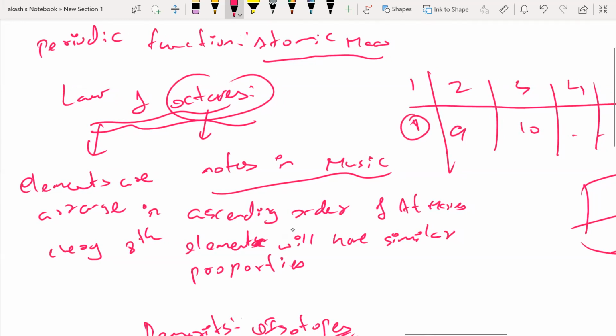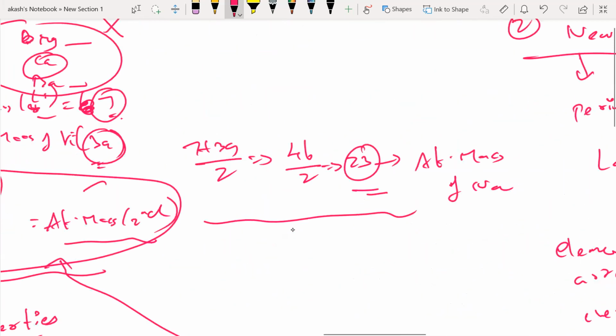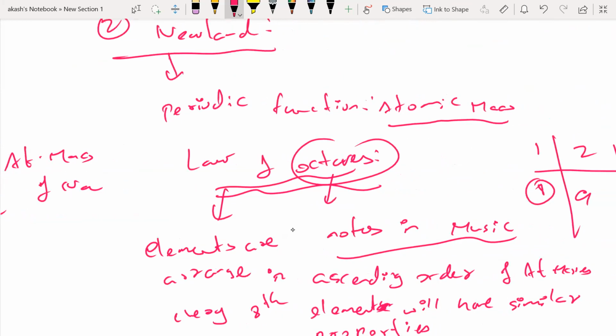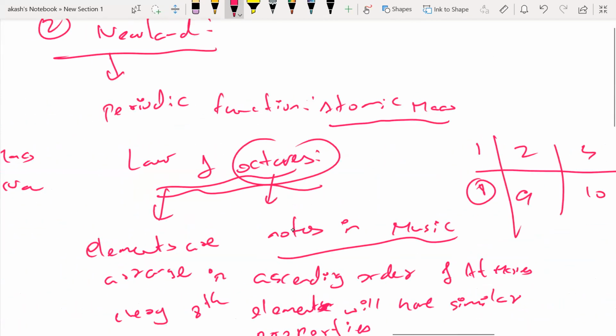So that was the second scientist. The first one was Dobereiner, law of triads. The second one was Newland, law of octaves. And then came our